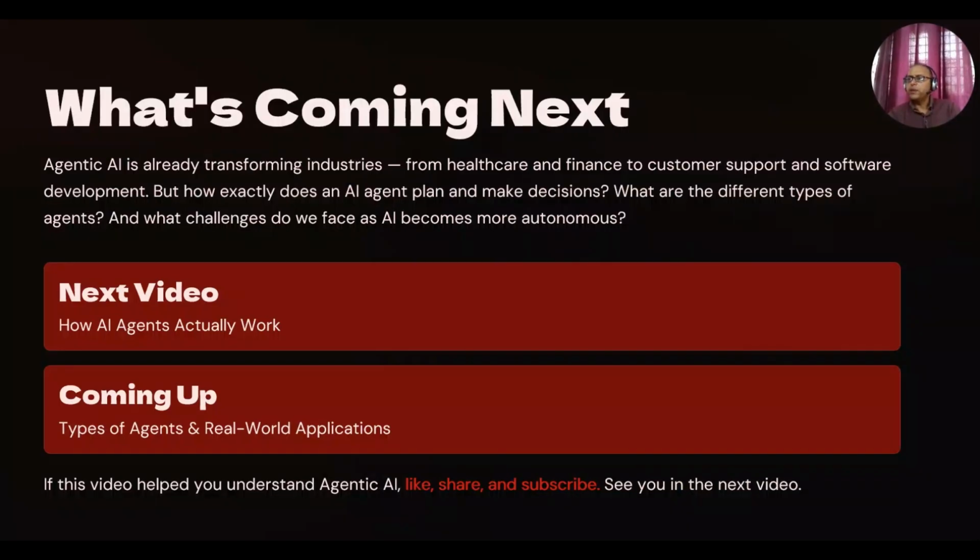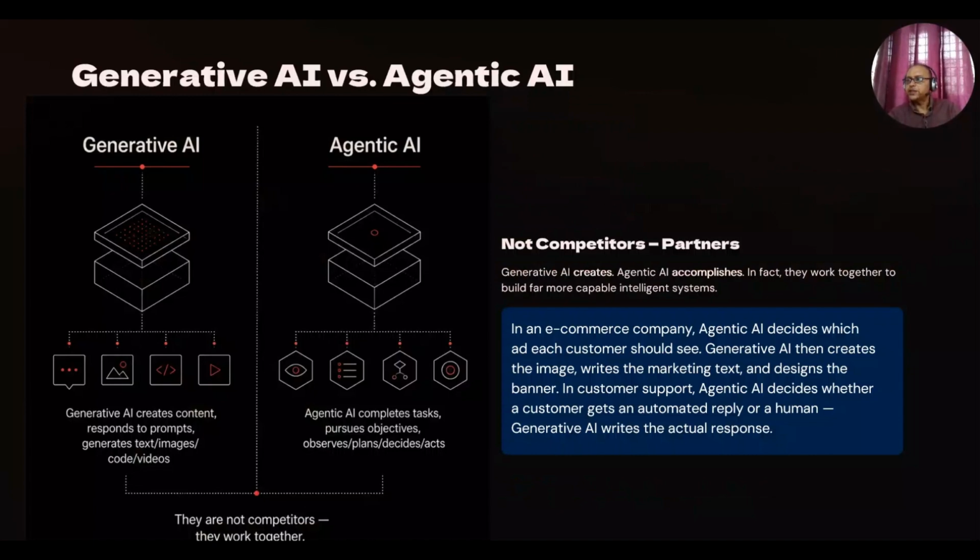Now imagine an e-commerce company. Thousands of users visit its website every minute. The system has to decide which advertisement each customer should see. That decision is made by agentic AI. After deciding the advertisement, someone still needs to create that image, write the marketing text, generate the slogan, design the banner. That's where generative AI comes in. Agentic AI decides,